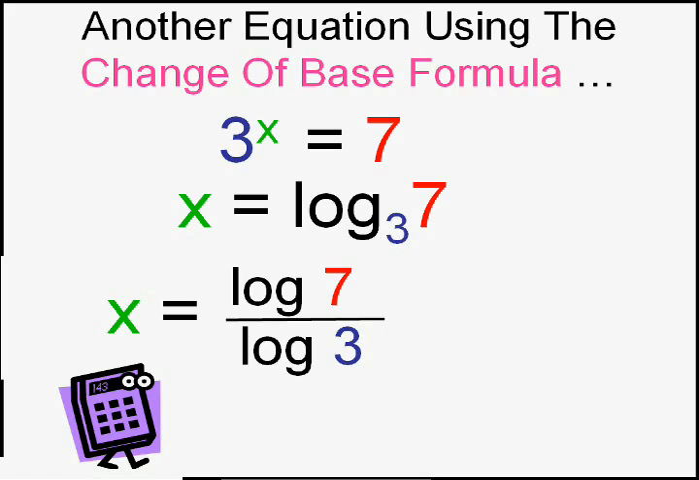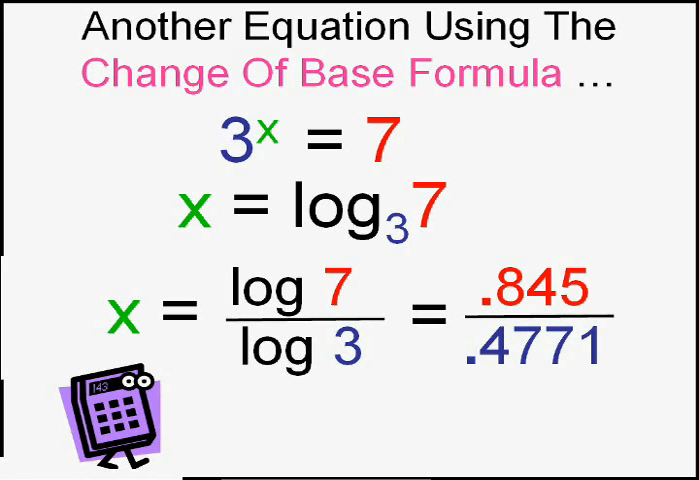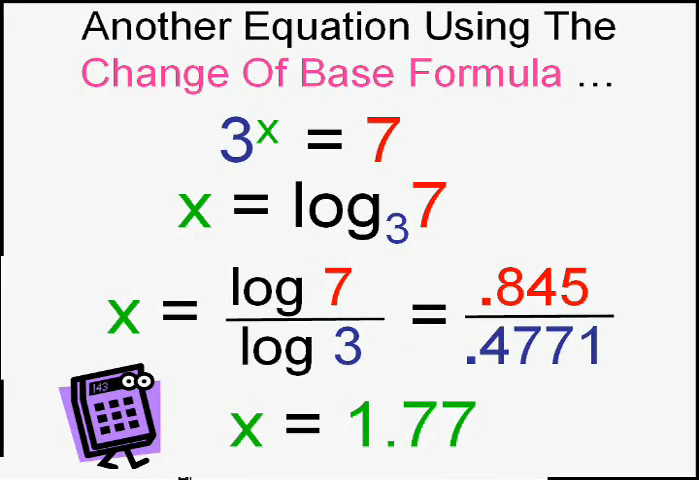Get out your calculator and tell me what the common log of 7 divided by the common log of 3 is. If you want to, you can do them as separate logs and then divide, or do it in one line on your calculator. You should get approximately